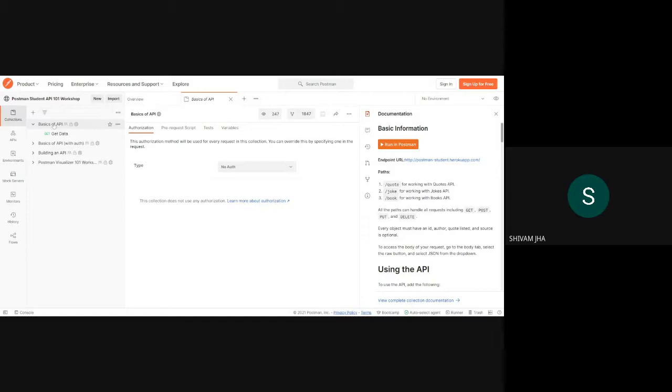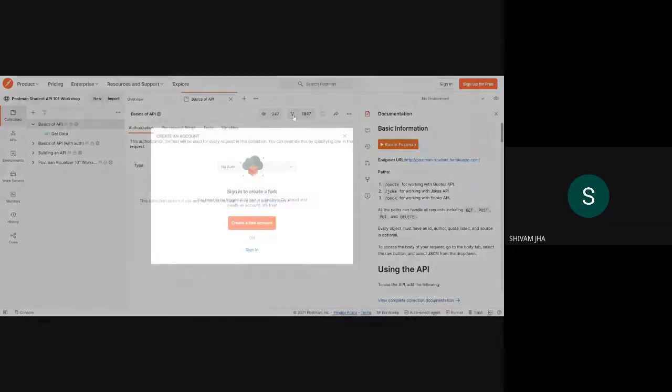First one, click here, Basics of API. You can click here, Basics of API, and then fork this repository.